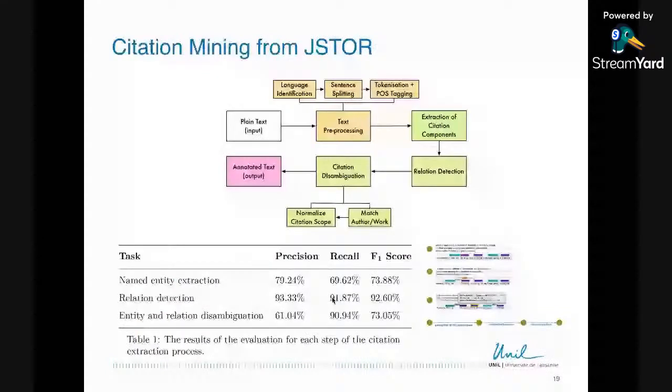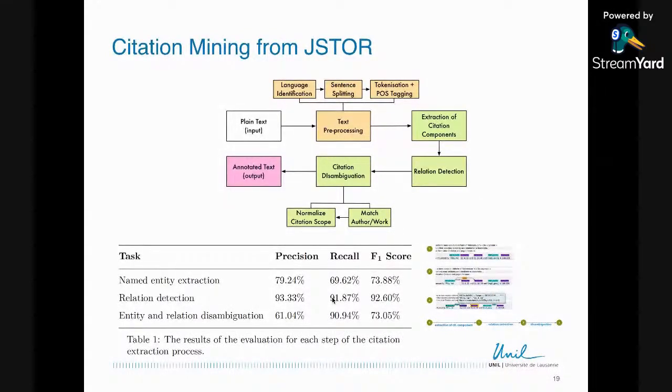So what I did was to take all this content and run it through the pipeline that I walked you through a few slides before. I also did some evaluation of the accuracy of this extraction process. As you can see, without going too much into the details, we are not at 100%.